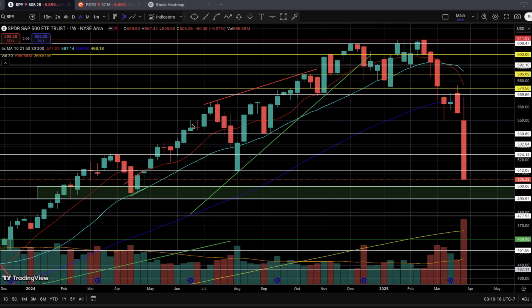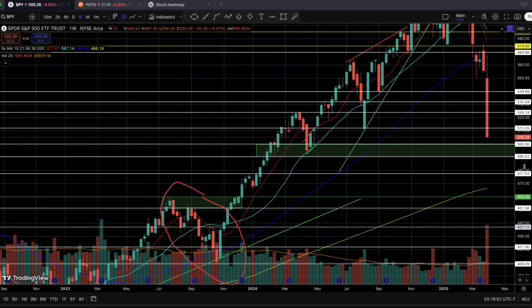So in front of our screens, you guys have the S&P 500 ETF on the weekly time frame. Now, I can already tell that you guys think that there's a lot going on here. Well, that's due to the fact that TradingView converges all the trend lines that I've made on all the higher time frames like the monthly, weekly, and daily, which is the reason why there are a bunch of lines here. But again, do not fret. I'll be focusing on the very important levels that we need to look at based on the current price action. So with that being said, let's dial in